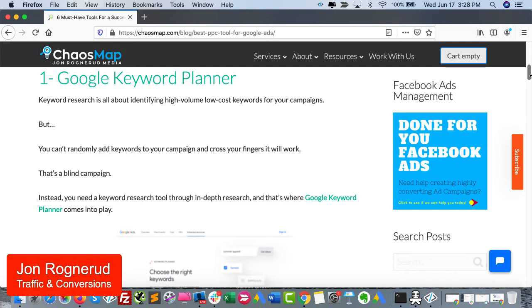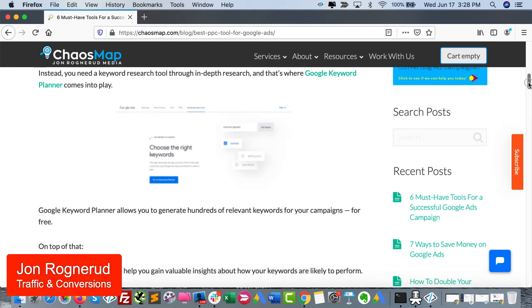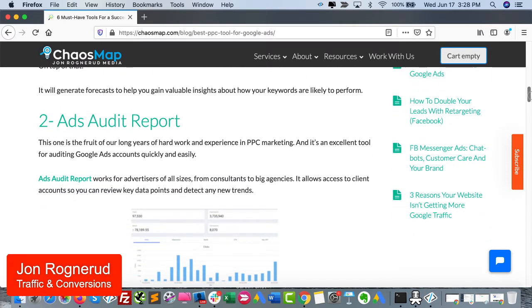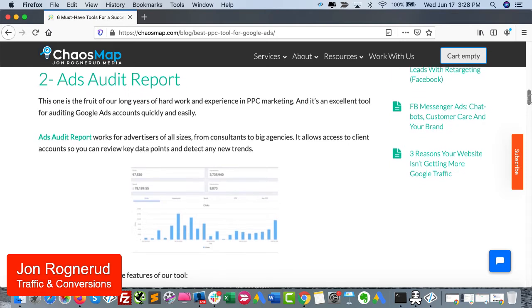You can identify high volume, low cost keywords. You can find out what the competitors are doing. You can scan websites. I mean, it's a tremendous tool. It should be used for your Google Ads campaigns. And next on the list, we have Ads Audit Report, and full disclosure,